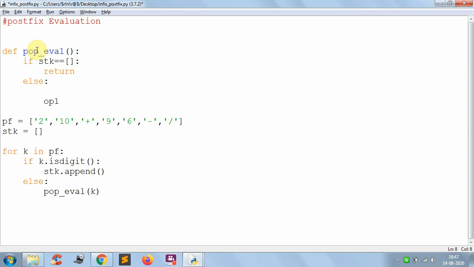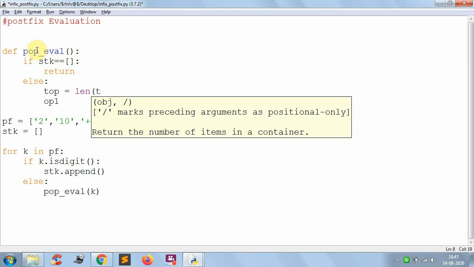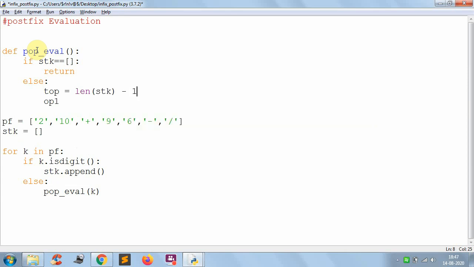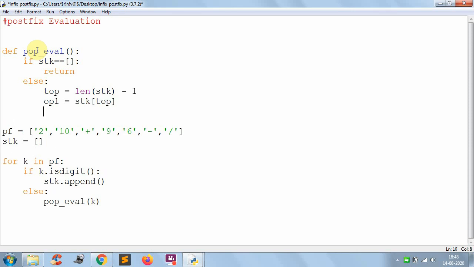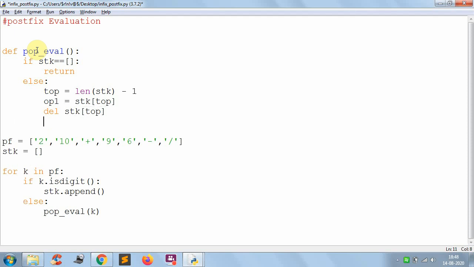First, find the top: top equal to len of stack minus 1. The first operand op1 is stack of top, and delete that topmost element. After storing it in the temporary variable, just delete the topmost element.